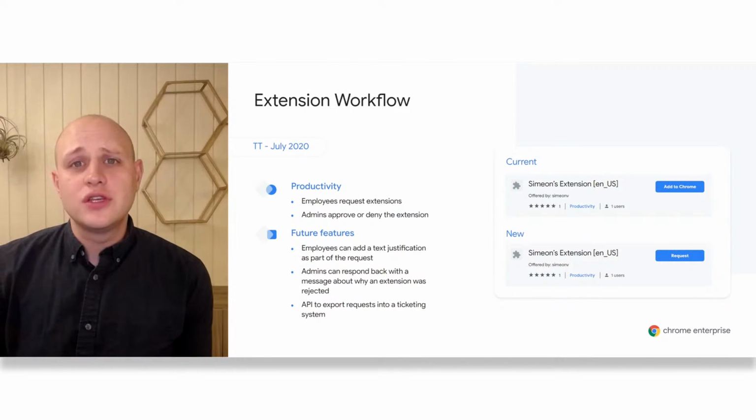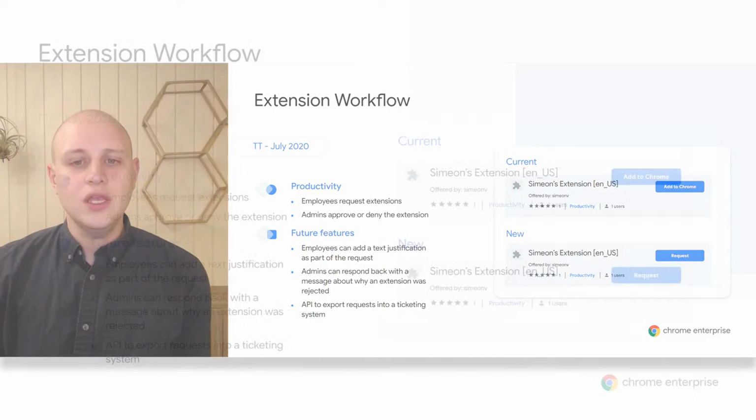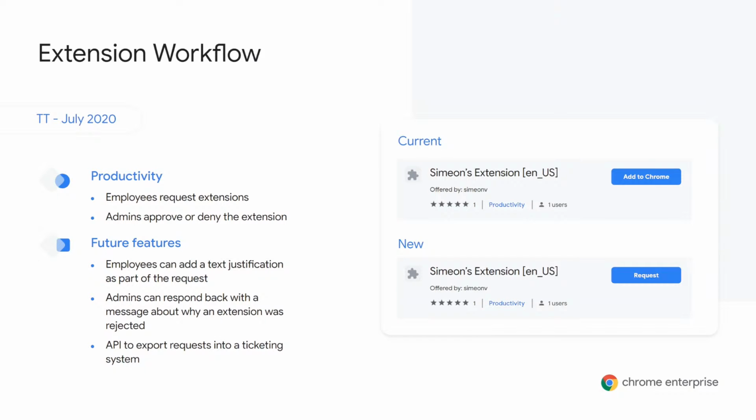Another feature that's going to be moving into Trusted Tester this summer is our extension workflow feature. It provides the ability for your users to have a request and approval process for the extensions that they want to install. A user would go to the Chrome Web Store normally, like they do today, but when they click on Add to Chrome, it will kick off a request process where you, the administrator, can approve or deny that extension, based on the amount of requests that you get, whether it's a business critical extension, or whether it meets the criteria that you've set forth in the permissions or rights that it requires